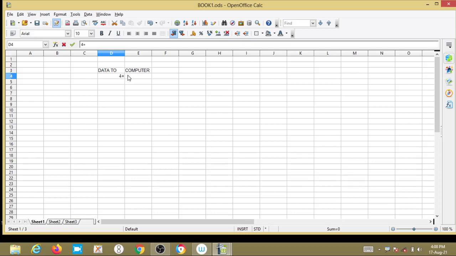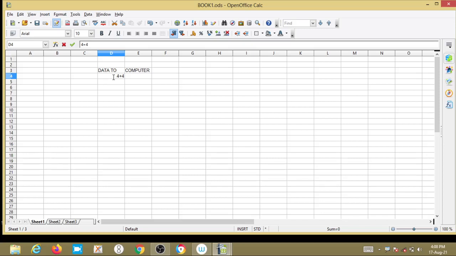For example here I am giving 4 plus 4. This is my data. I am instructing the computer to do this operation. So here 4 plus 4 is my instruction or data. Instruction is different, data is different.